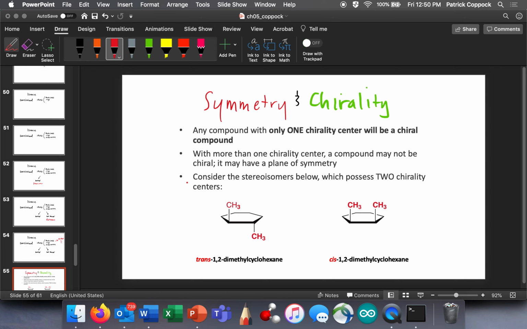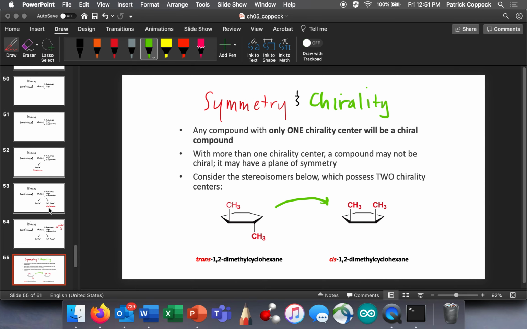These are definitely stereoisomers one of another, right? Can you see what's going on here? So trans and cis 1,2-dimethyl cyclohexane in the Haworth projection as we see it here, definitely stereoisomers one of another. However, they're not necessarily chiral. And we're going to have to get used to using those words, right? So this is abstract, I know.